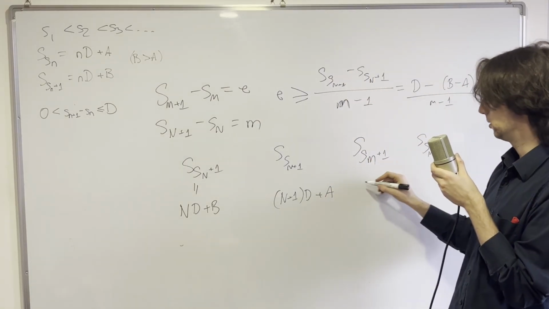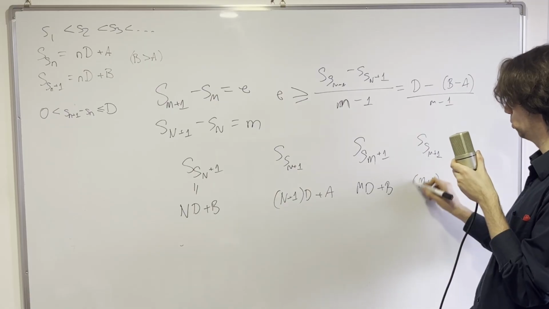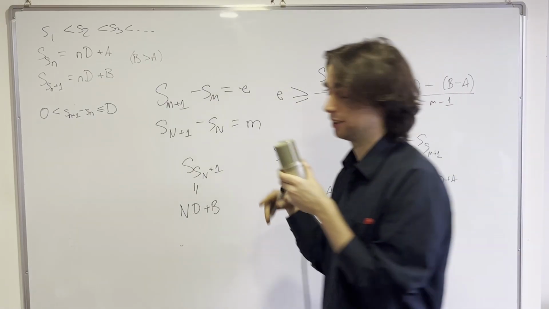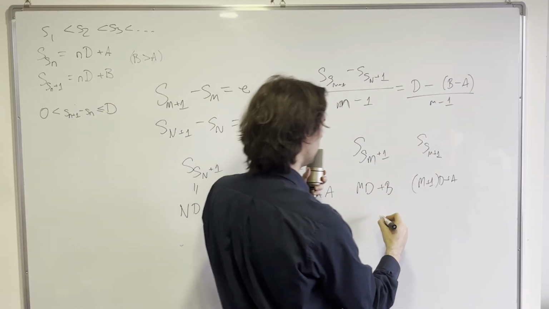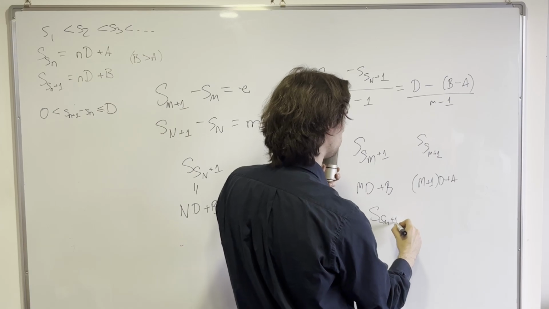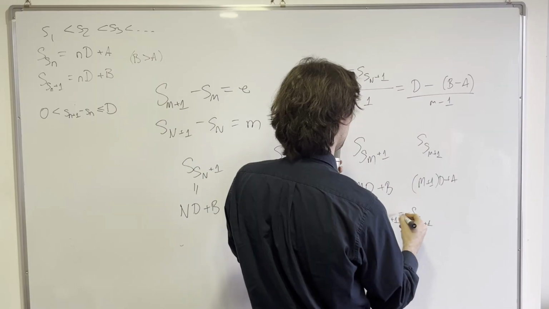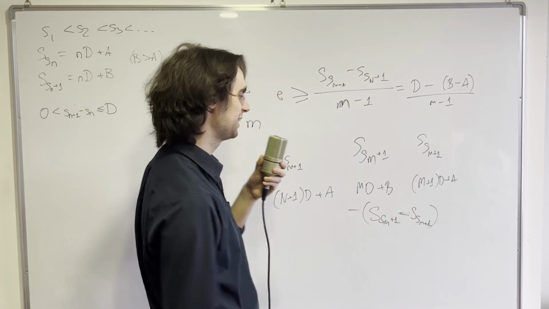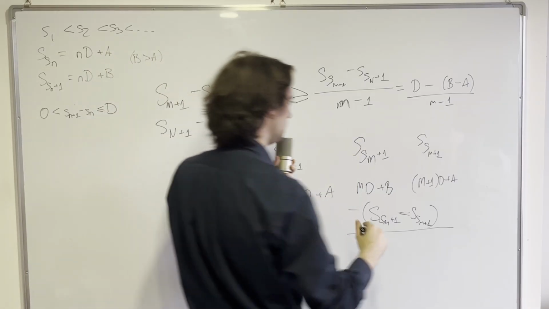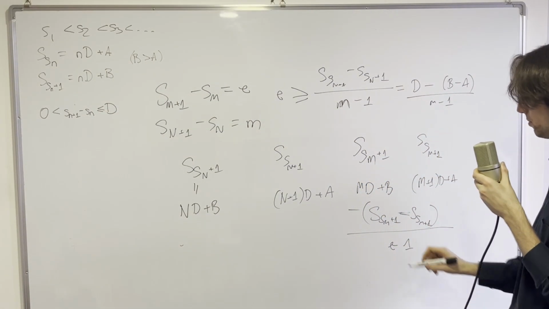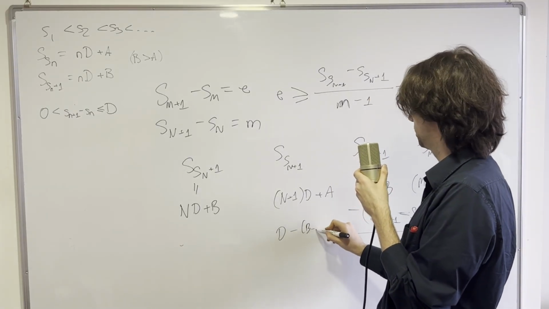md plus b and m plus 1 d plus a. In other words, their difference is again equal to the same thing. And so the average here is ss of m plus 1 minus ss of m plus 1, actually the opposite. Now it's the opposite. And over how many are there between them? Well, there are e minus 1 between them. And this thing is equal to the same thing we had here, like d minus b minus a